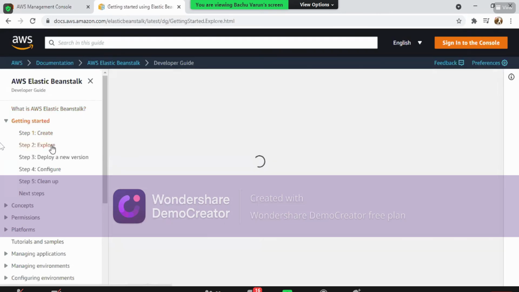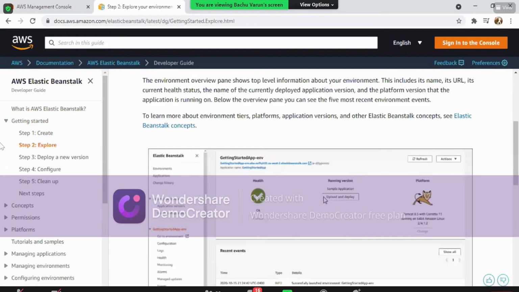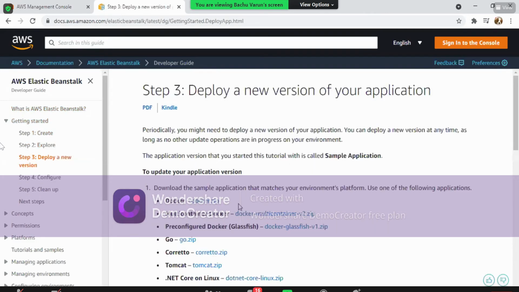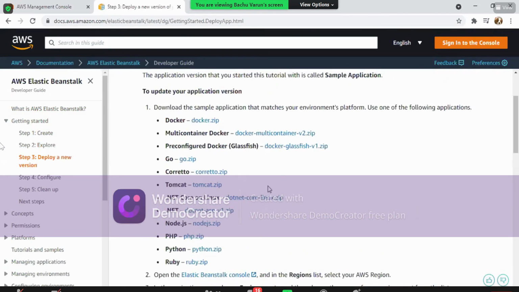Okay. So after creating, you have to explore. So what to do after this? After this, you have to deploy a new version. All these are the commands. I told you, hope you remember, if you're going for web development, all these things are available for web options. Tomcat is a web server which we have discussed there, and I guess you might already know something about PHP, and most of the people, the .NET users also use web. So all these things are available here.